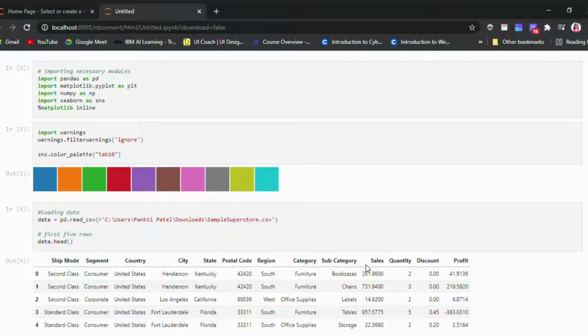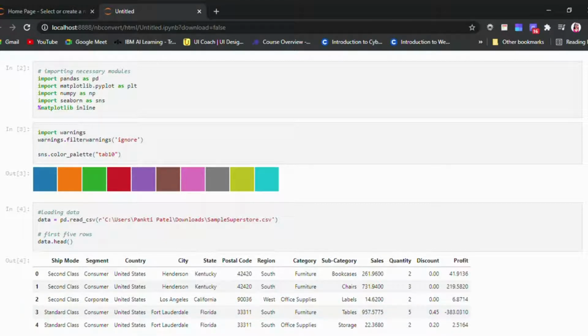As a business manager, try to find out weak areas where you need to make more profits. What all business problems can you derive by exploring the data? We can use any type of language, that is R, Tableau, Excel, Python, SAP, SAS, anything. It is a beginner level task. We have to create data and dashboards.